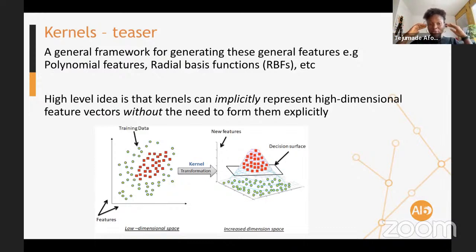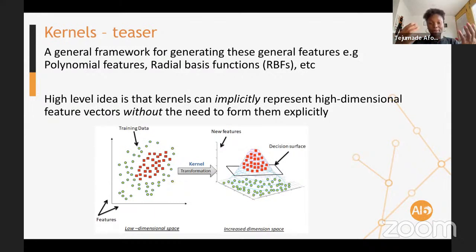So you can see that it's still the idea of linearity, but in 2D you cannot fit a linear model like a straight line there. But the moment you transform it to that 3-dimensional space, in this example, you're able to fit a linear surface, and then your problem becomes solvable.